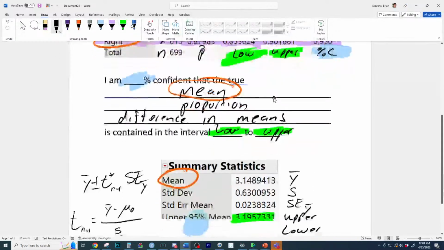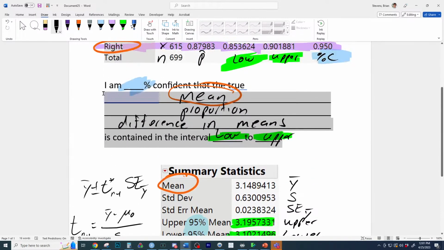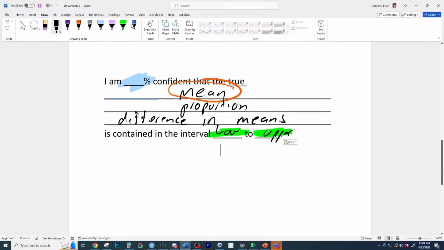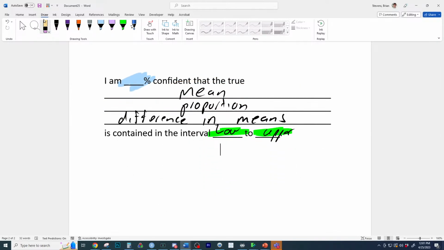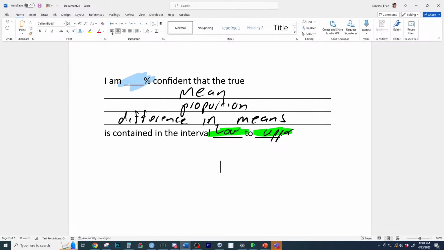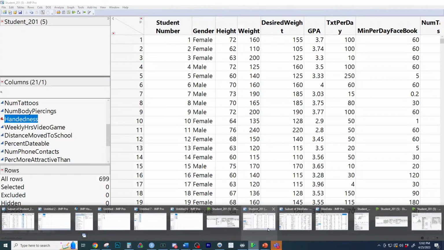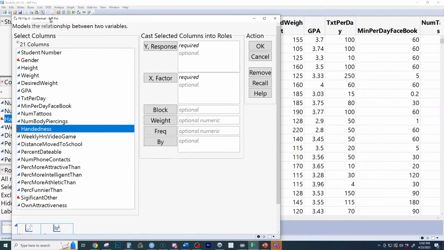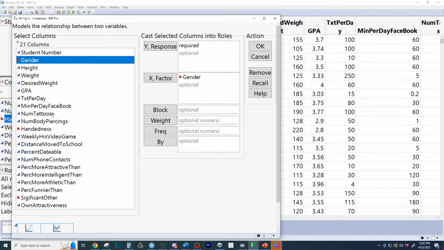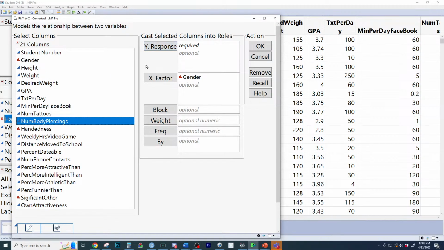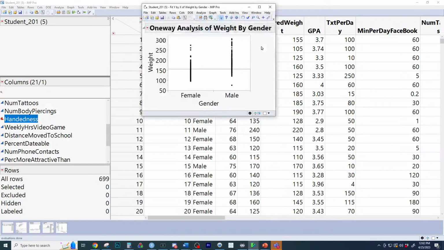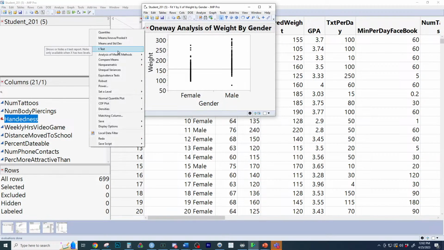So the last one right here, we're going to take our interpretation right here, and we're going to do one last one, and we'll have done all confidence interval interpretations, because the only one we haven't done yet is the difference between means. So now when we do the difference between means, this is chapter 17, which we just did yesterday. We have to go back to the data, and we have to go to analyze, fit y by x, and then we would look right here. And let's go to number of body piercing, and we'll do weight. Sure. So this is difference in weight between gender right here, and let's analyze it with the t-test.